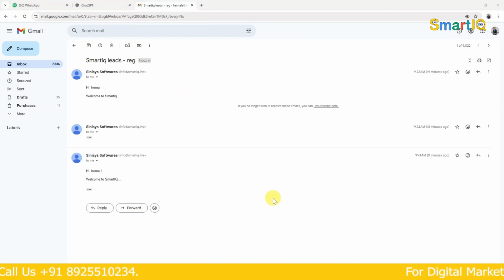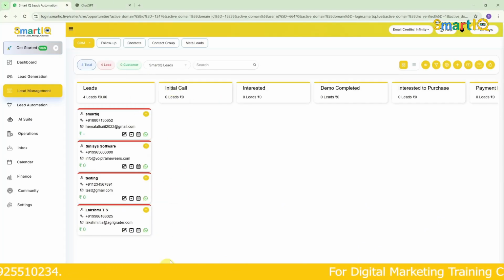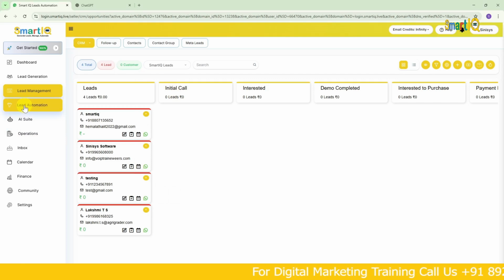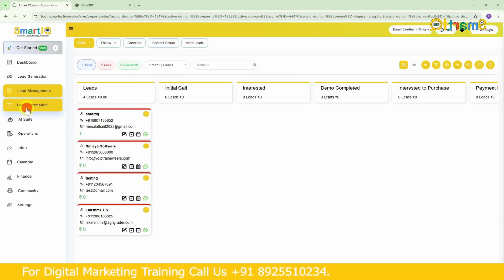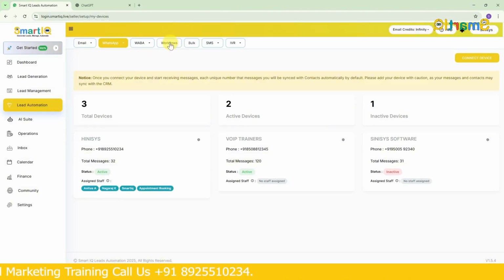What happens to our workflow? So we need to check the history and all that. The workflow is not yet complete. If I want to see where it is, at which stage it is, or where it got stuck in between, I have to do the same. Click on automation, then click on workflows.